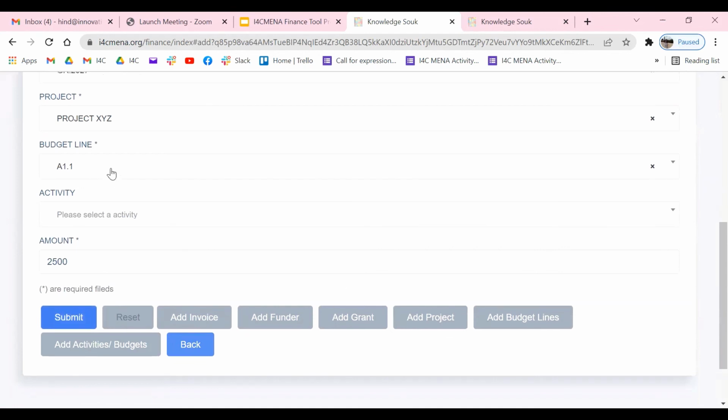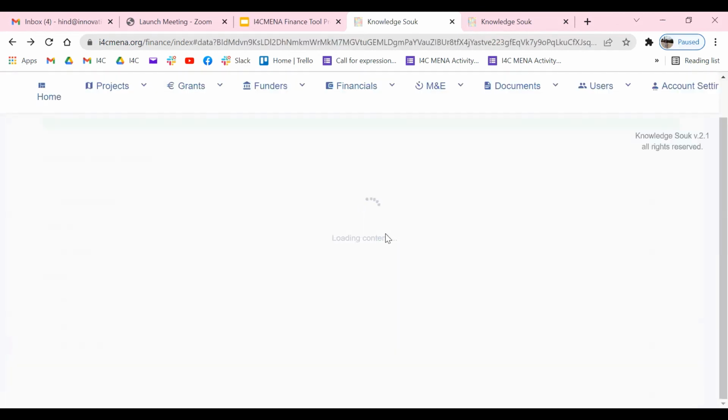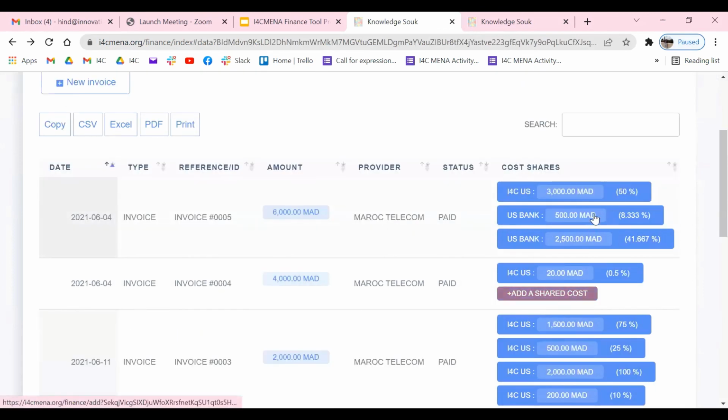After that, you can see in this table that it will be totally consumed. This is how you can keep tracking the shared costs so that you can make sure all the costs are allocated to all the projects included in these expenses.